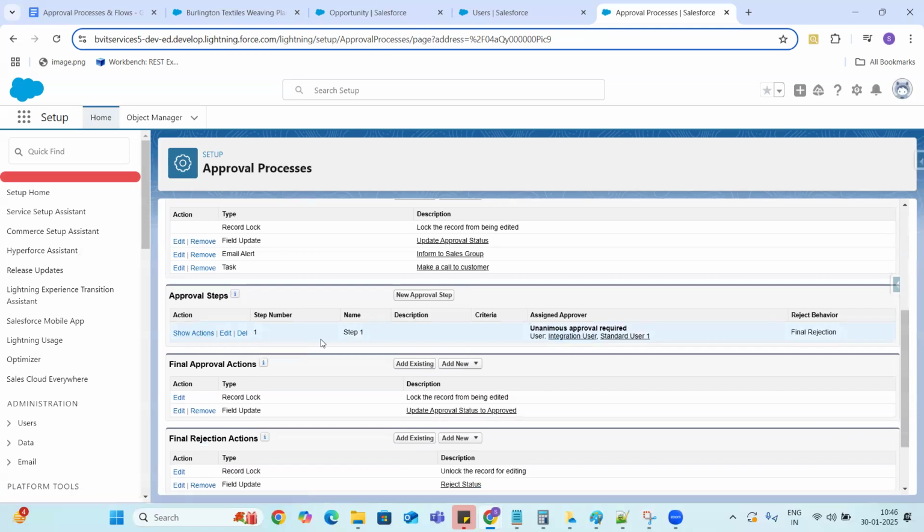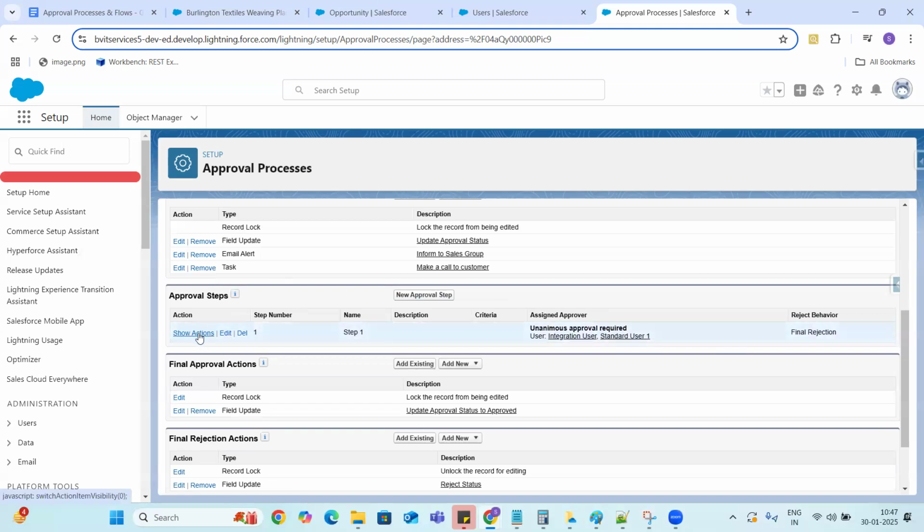Right now this is only step one, guys. If you want to add multiple approval steps, you can do it. This is the first step; you would like to get the approval from this one. As soon as these persons approve, if you want to submit for the second level of approval, then you can create a new approval step. Then that will be the second level of approvals, third level of approvals. That you can configure in the approval steps.